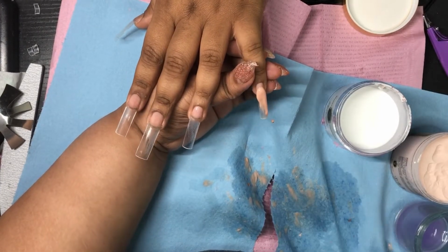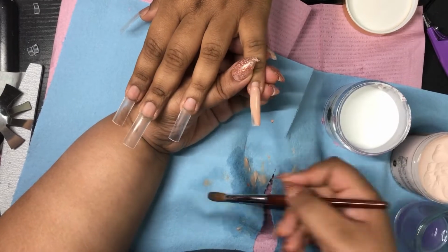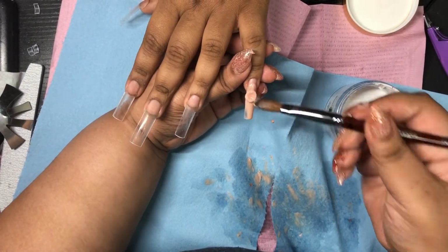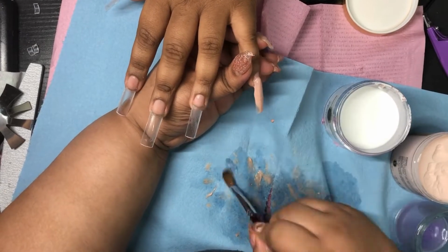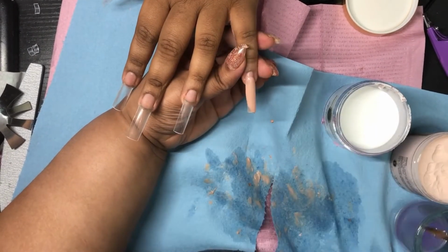So as you can see, there's only one hand that has 4 nails on it, because it's not the pinky, and then there's this hand which has all 5 nails. So I don't know how she broke her pinky, by the way, if you were wondering that. I don't know how she broke that nail, but it was literally split in half, and then later on that little half part, the one at the top, fell off eventually. But anyways,